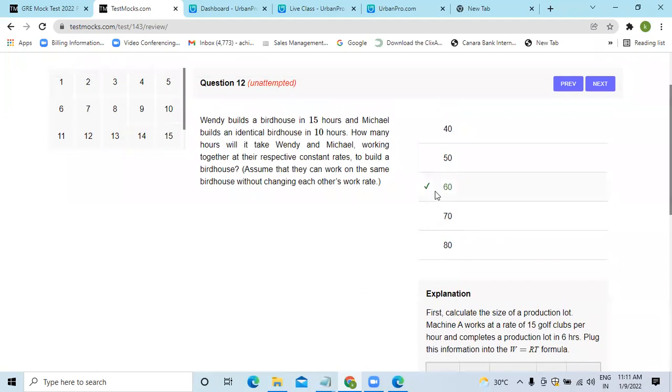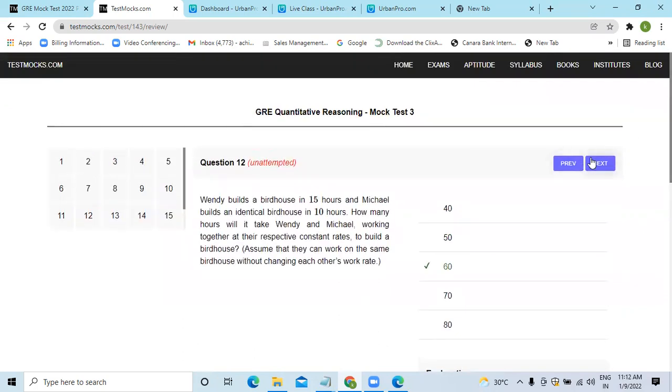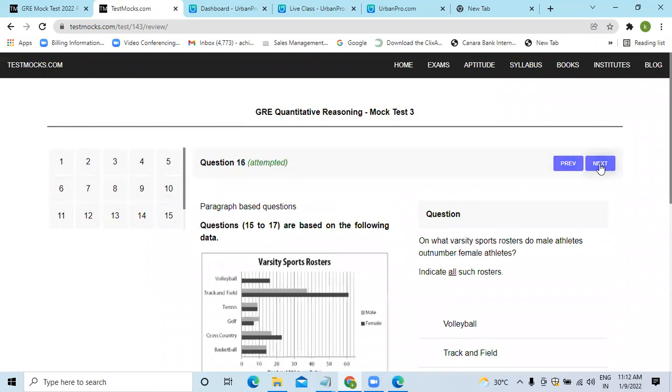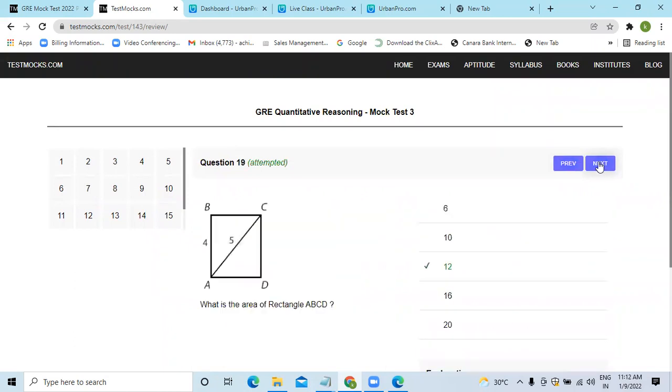Did you mark 6? Did you mark 60 at least? No, I got 6, sir. 6 is the correct answer according to this. You got 6, right? Yes, sir. Then it's perfect. So you can give full credit, and you got all the questions right. I think 13 to 20 were all correct for us. Yes, 19 and 20 were correct for us.